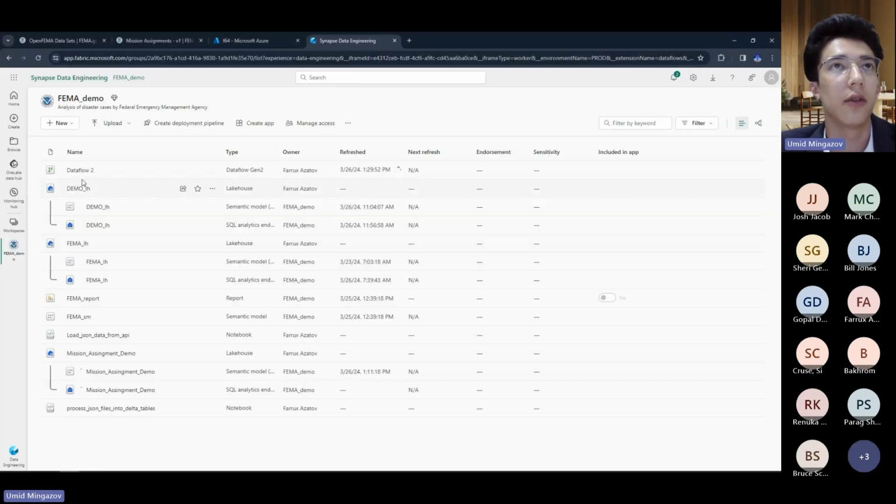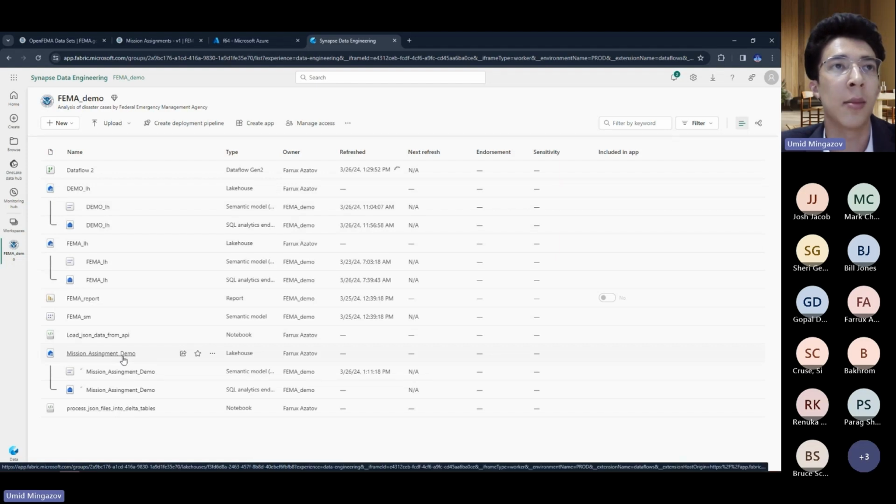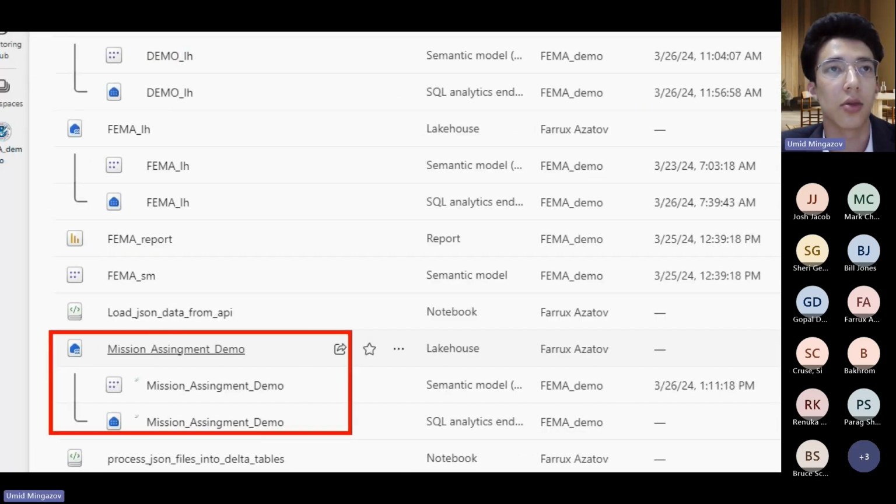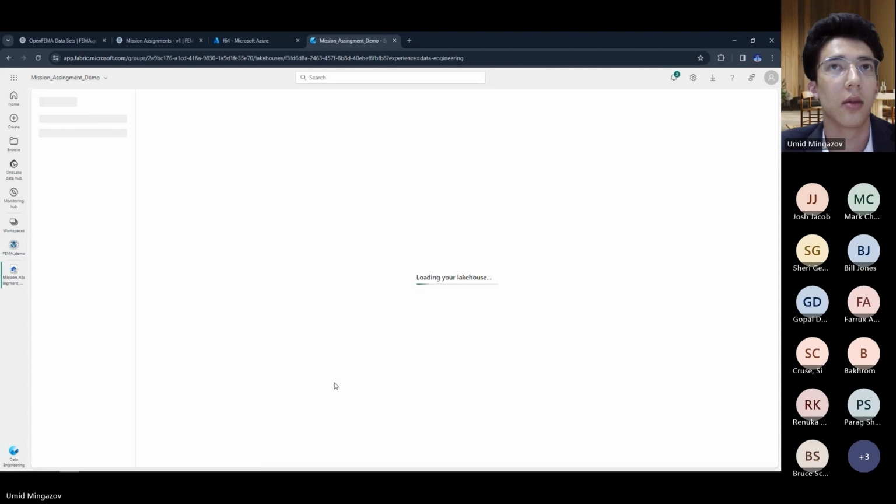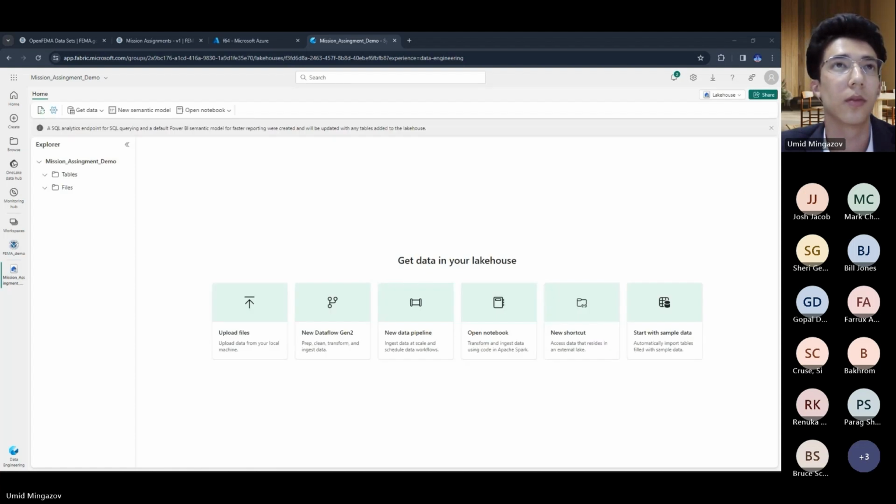Okay, let's see if our dataflow is refreshed. And you can see that it's being refreshed. Meanwhile, our data is basically in our lakehouse, so we can actually take a look at the data. So if I open my mission assignments demo lakehouse, we can see that I have the